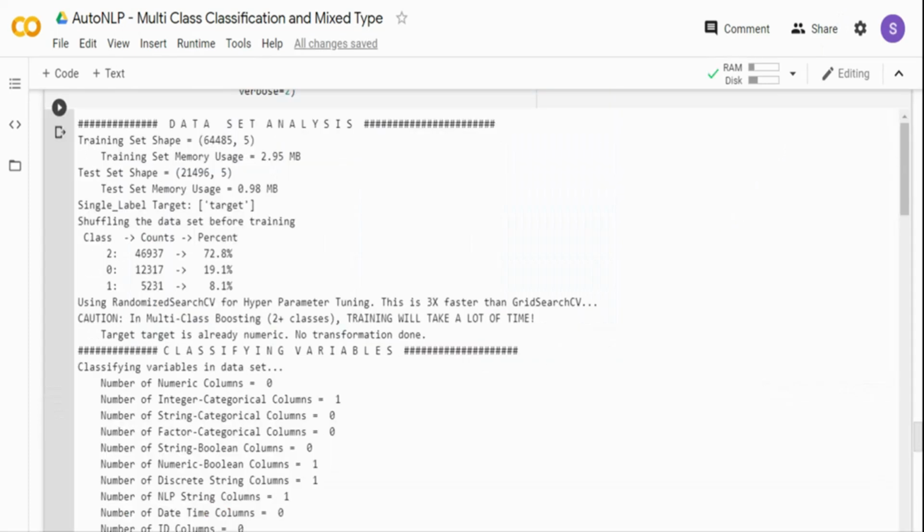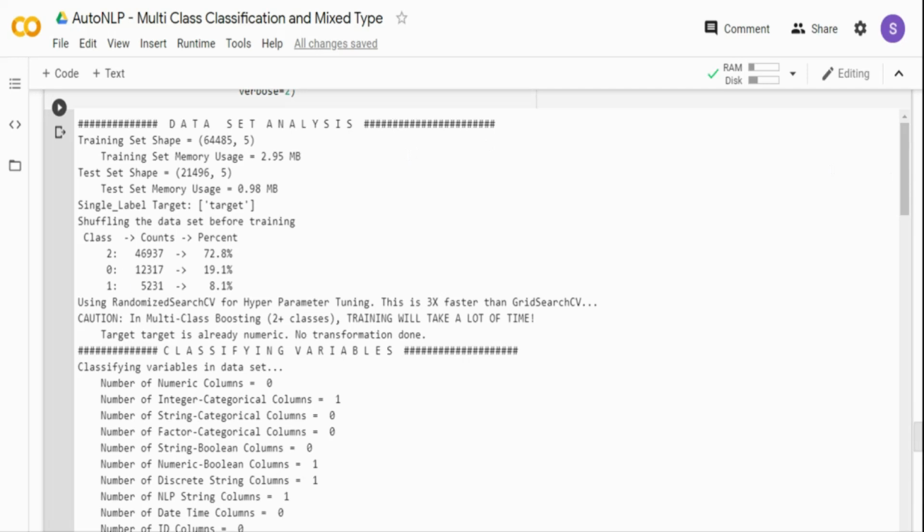So now the training is complete. Let's go and examine the output of AutoViML and see how the model has performed. Right. So if you see over here, it prints a lot of information depending on the verbose level you set. I have set verbose level 2, so it's printing all the information required for you to interpret this particular model. Now here you can see in the training data frame, it shows you how the classes are balanced, and you can see most of them are for class 2.